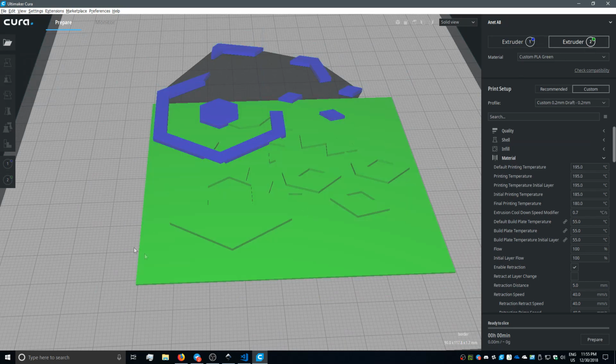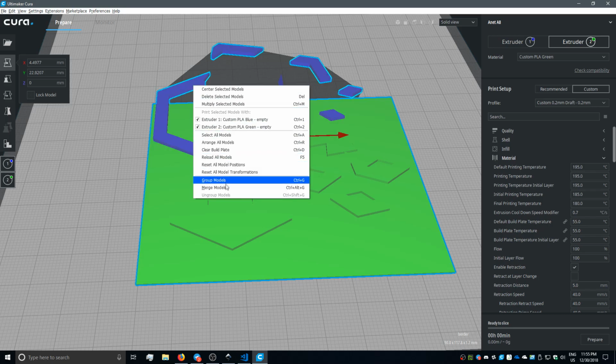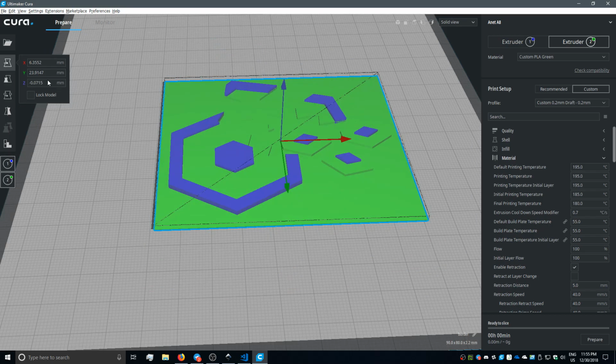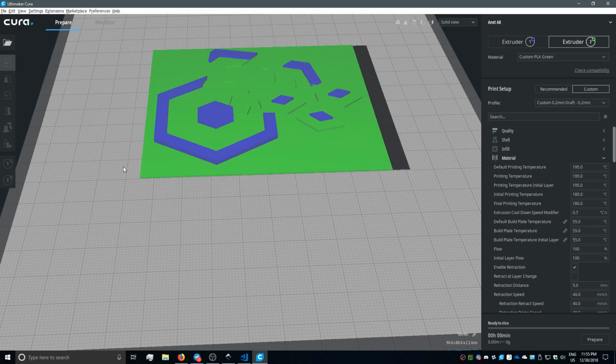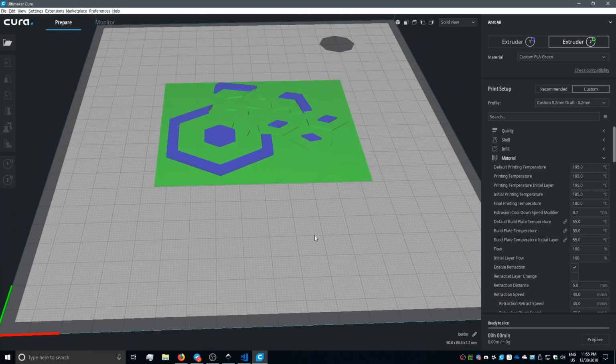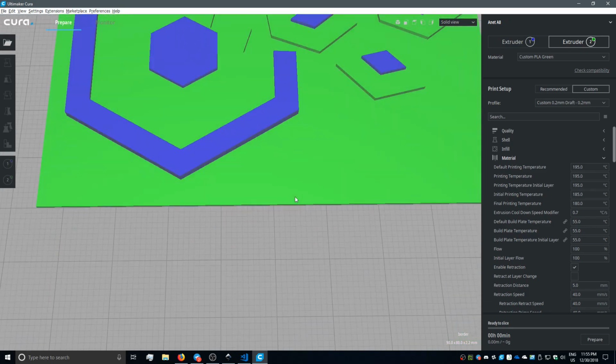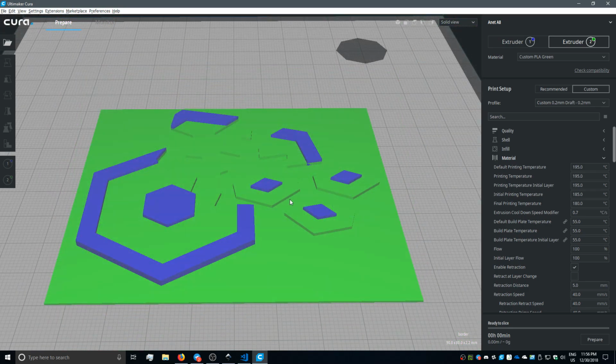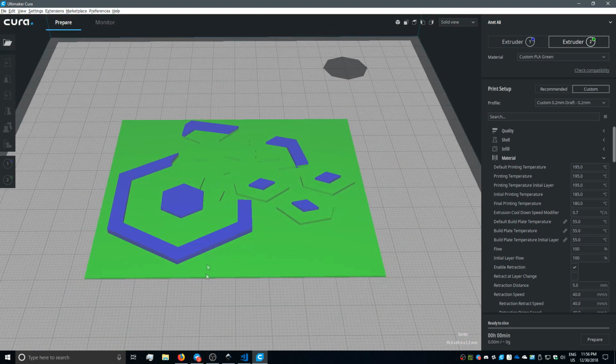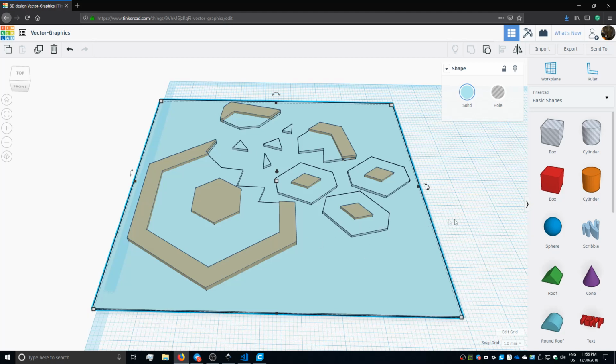What we do now is select both by clicking one, holding the shift key down and clicking the other one, right click and select the merge. Now be aware that the model is moved also magically along the Z-axis, so reset them to 0, all of them. And there you go, it looks already as if they are properly merged. If they do not merge, like shown here, and basically are still separated, you need to re-export them from here. Basically just redo all exporting steps and make sure not to move any part, because if you move them,